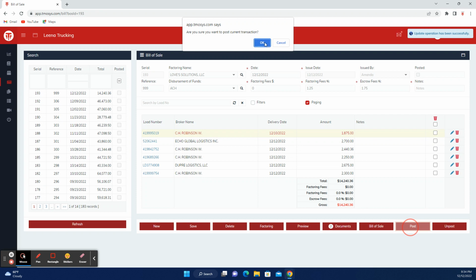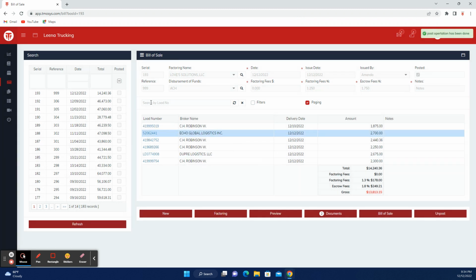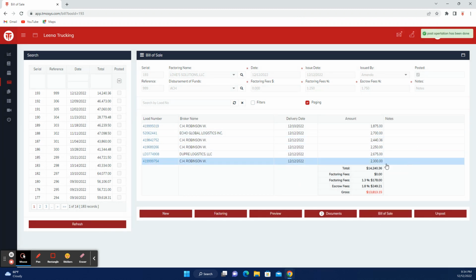And when you say you're sure you want to post it, this will mean that you can't go in and change any of this. And if you notice down here, it's going to show you these factoring fees appear. So once you've posted this, it means that it has been purchased. These are the fees. This is your escrow or your reserve fees. And it's finalized and finished. So there can't be any more adjustments made